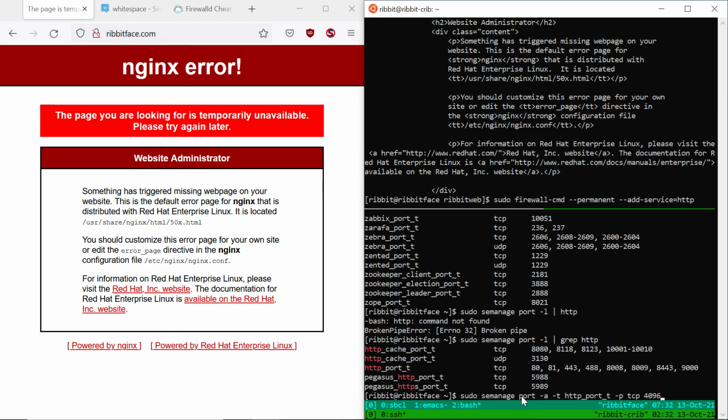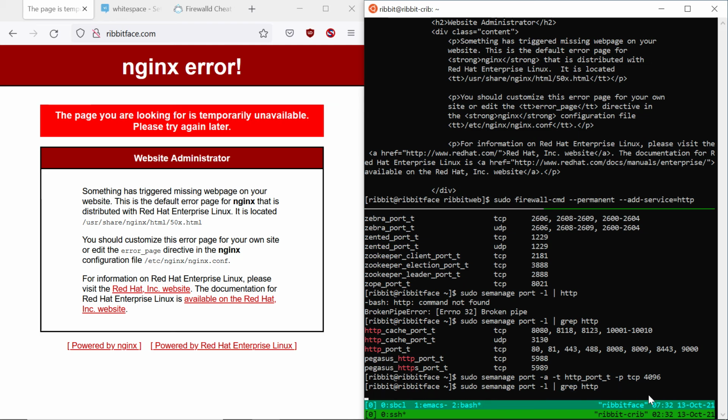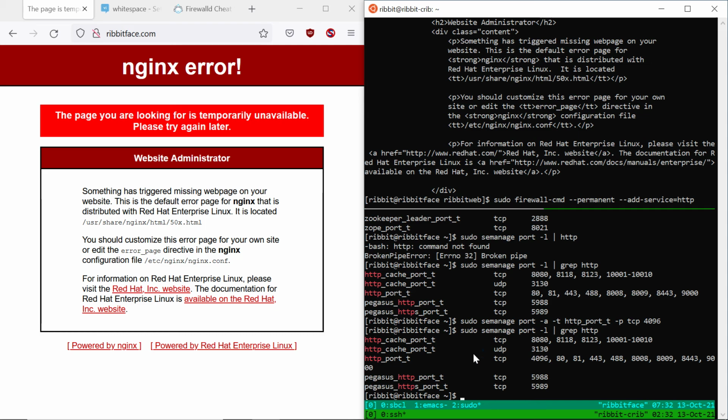So, and then if we list the ports again, we should see in the HTTP ports, there's the one I added right there. Now